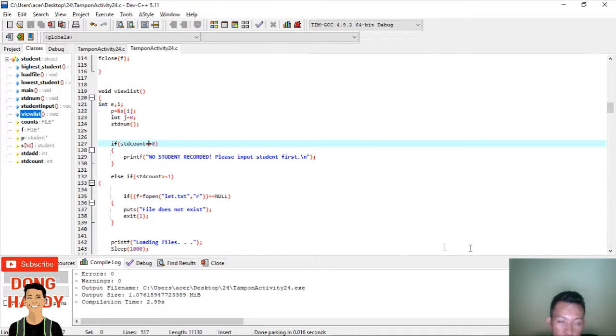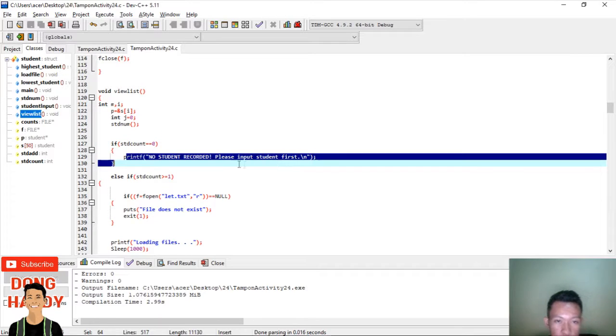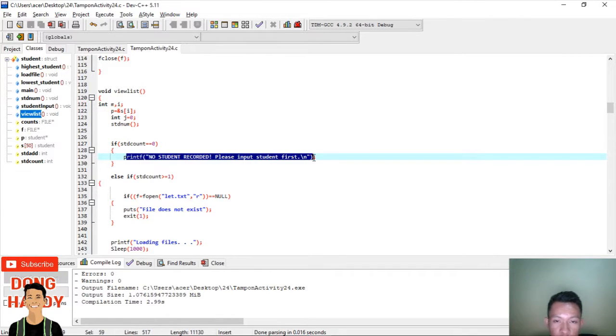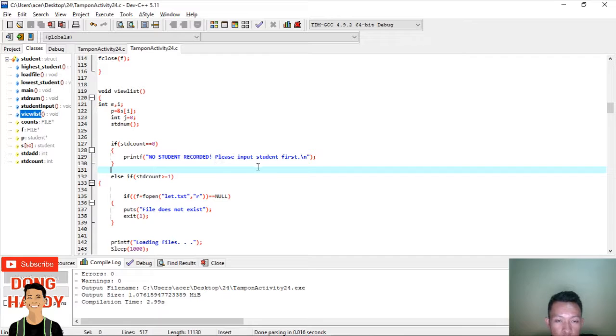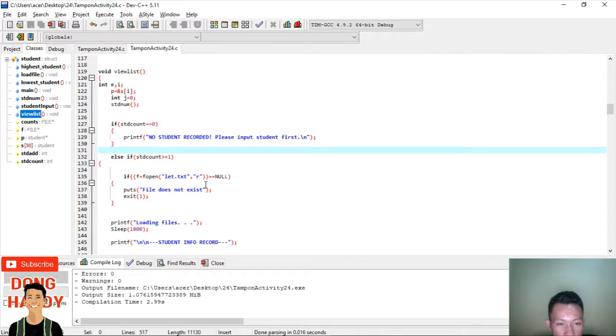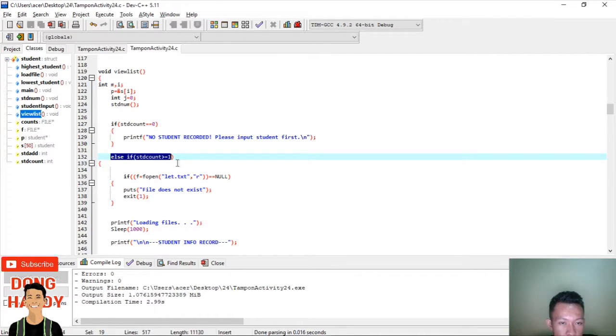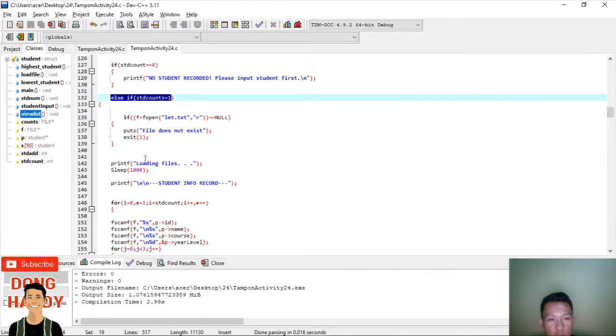If student count is equal to 0, of course, this will print no student record. So it will prompt the user to input student first before displaying all the student records. As you can see, if student count is greater or equal to 1, this will now